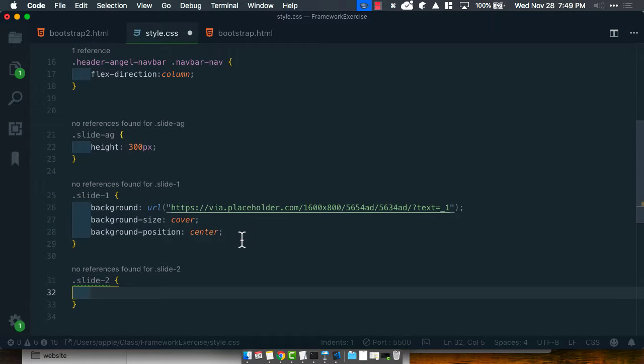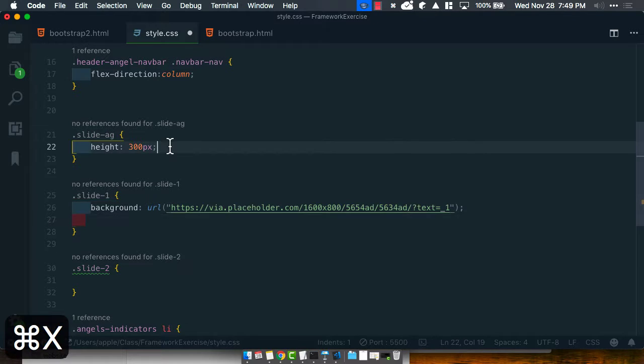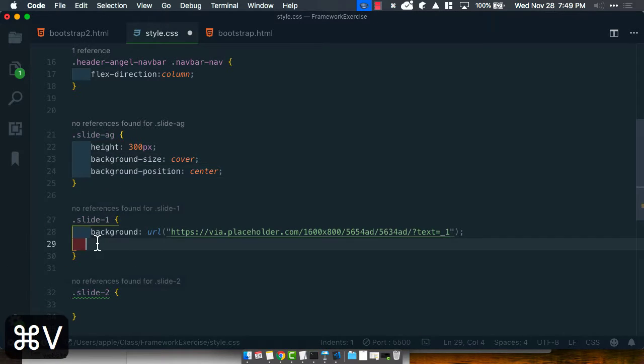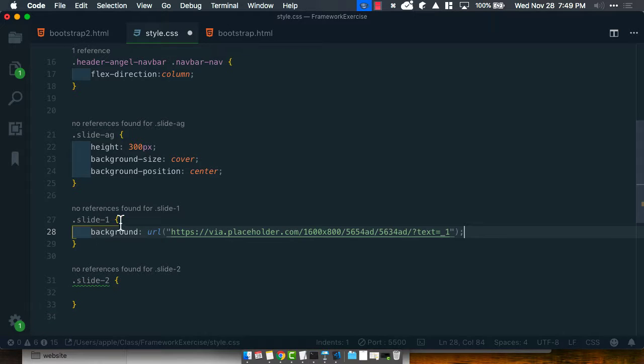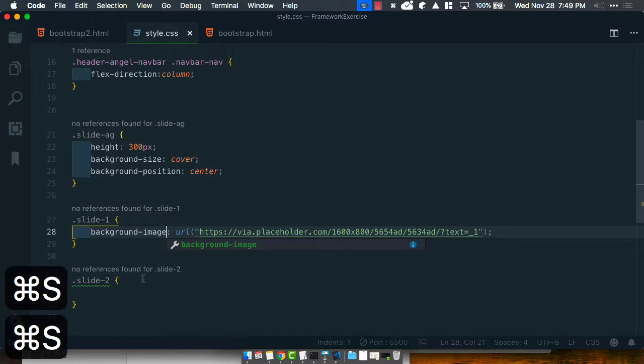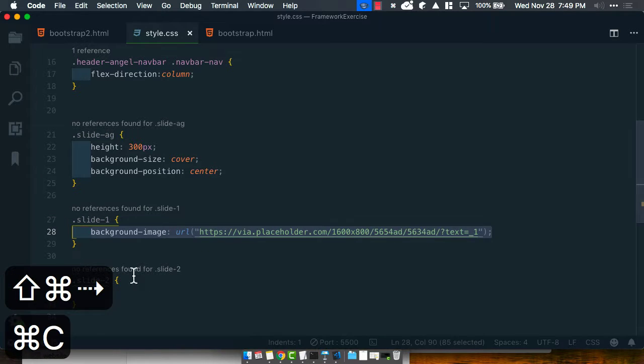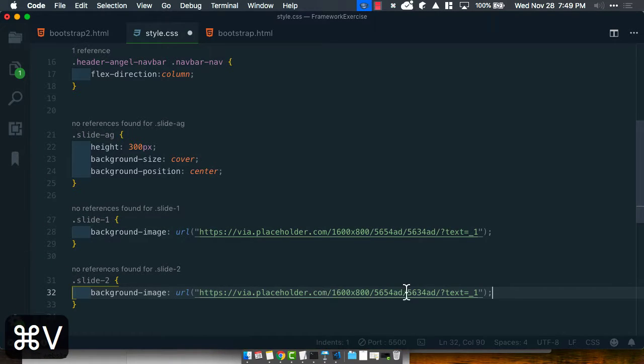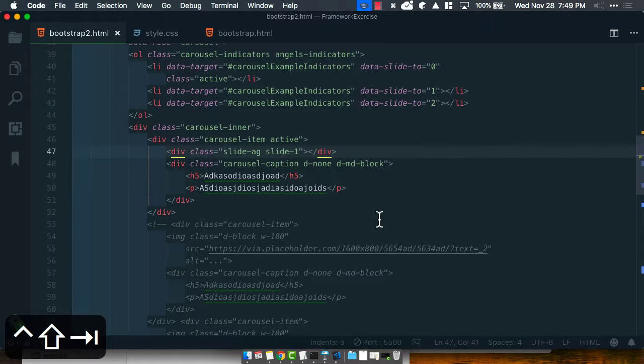Now, should I copy and paste all of this into slide 2? No. I should actually move these two into slide AG, which all the slides should have. And all that slide specifies is actually the background image. Now I can have my slide 2 with a background image of, I'm going to put 2 like that. And all I'm missing is